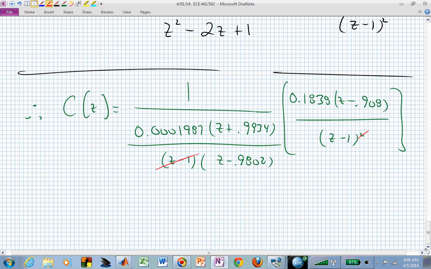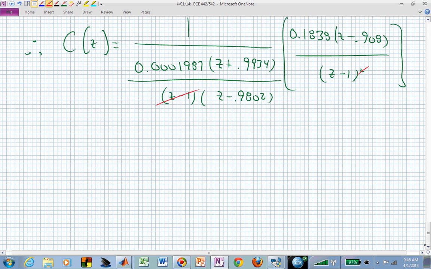The denominator of our controller now is impacted by the numerator of our plant, and we'll multiply through by a 1 that will clean that up. So I'll divide everything by the 0.001987, which is the 0.1838 divided by that, and we end up with then